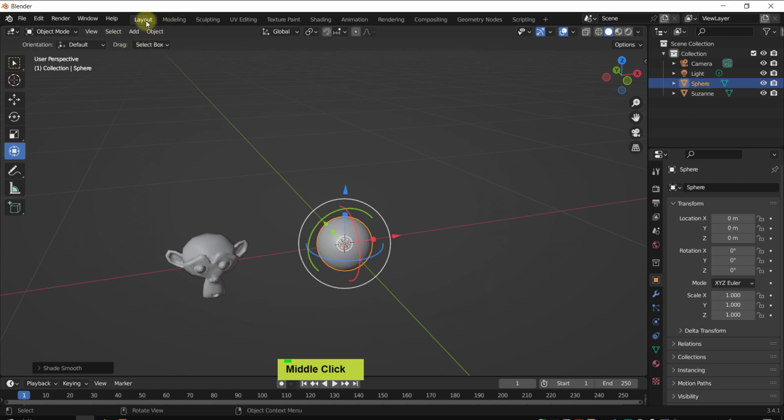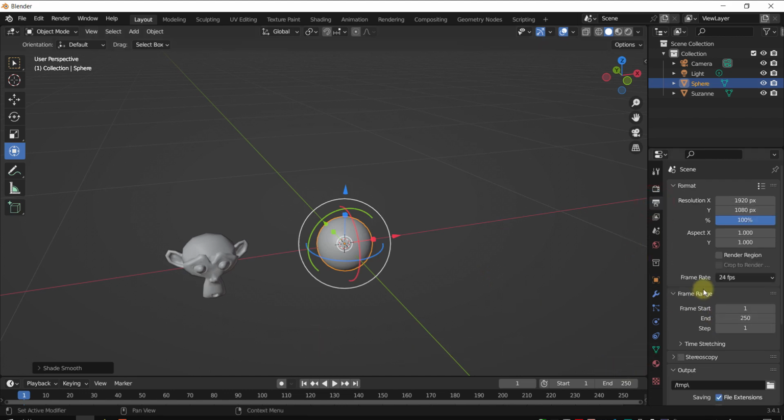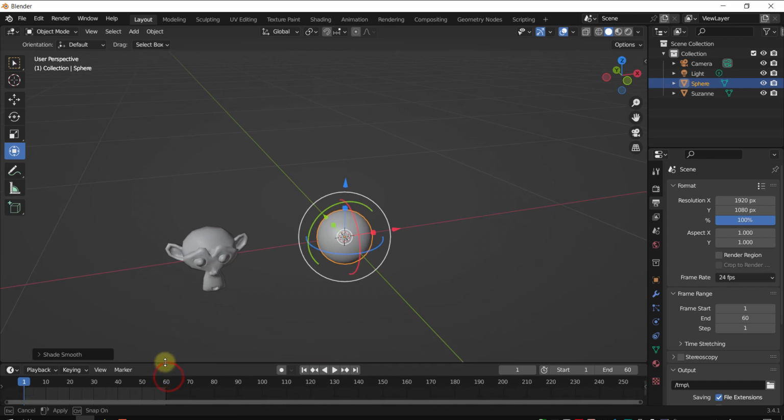Now we are in the layout mode, the standard layout mode, and of course we have an animation layout. But before we jump to the animation layout, let me show you the basics of this whole thing. Right now our output is set to 24 frames per second, and we have a starting frame at 1 and the closing frame at 250, which is overkill. So let me just reduce it to about 60. Now it reduces this active zone, and it's barely visible, but if I lift this up, you will see that we have this little light gray area, and that shows the actual working part, but still the timeline is overly